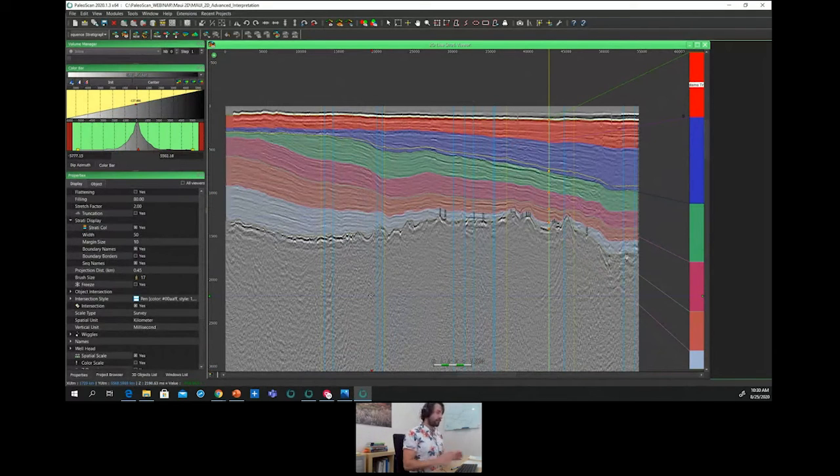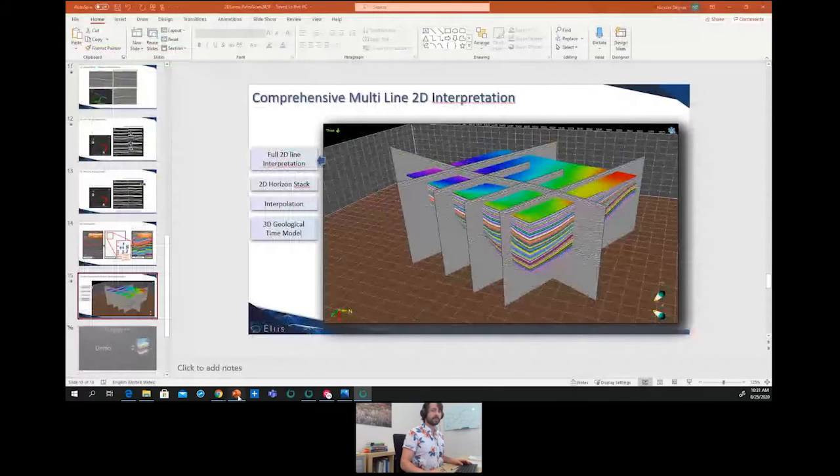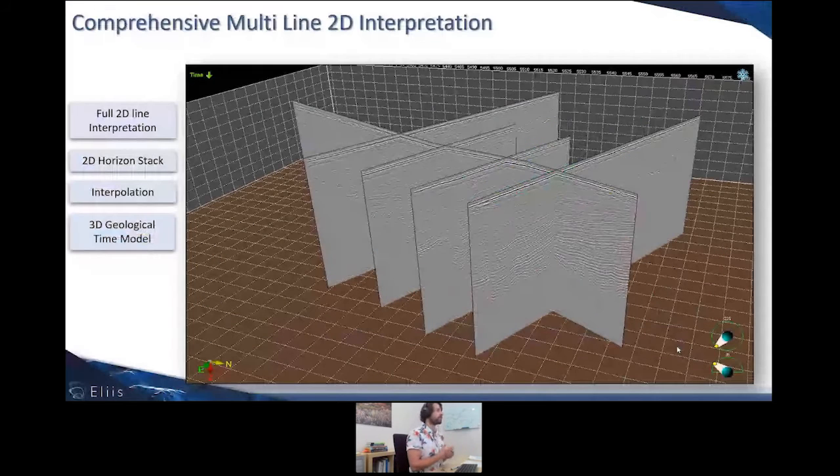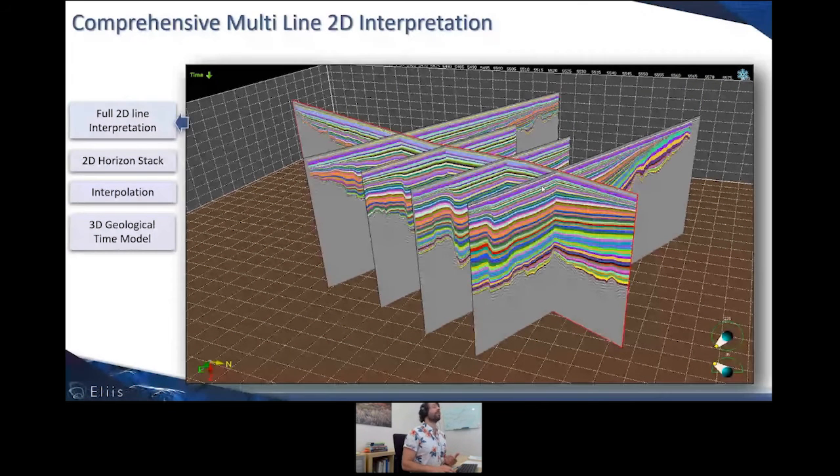So I have finished with the demonstration. I will simply share the PowerPoint. I've decided to finish with this slide in order to remind you of the workflow we honor, starting from the creation of a 2D line set with a 2D line conditioning, the creation of a 2D GeoTIME model.